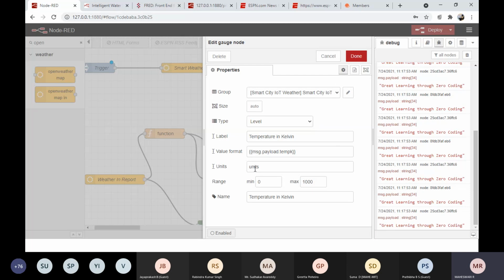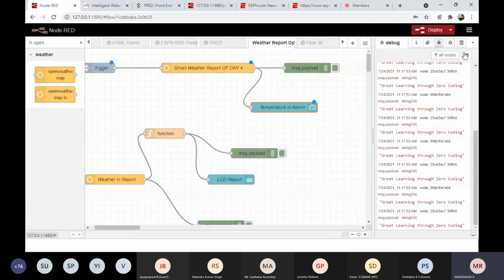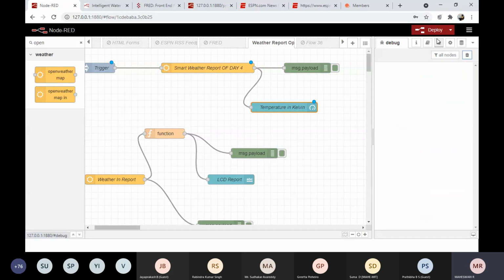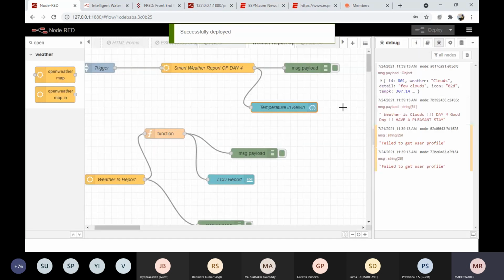Then, a very important point: I want to retrieve the payload of temp K. How do I know what this temp K is? If you do not know what your actual payload has to be, you just deploy it, you confirm deploy.